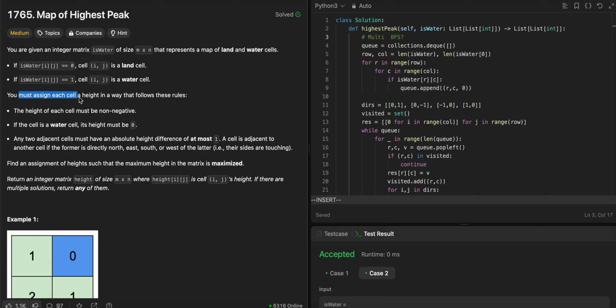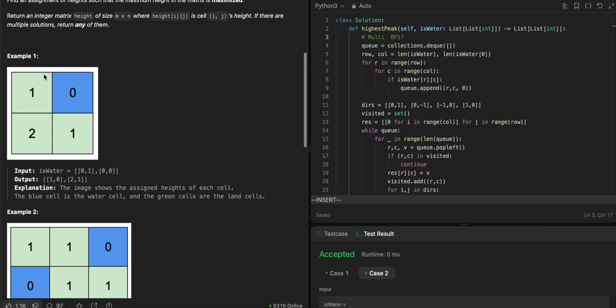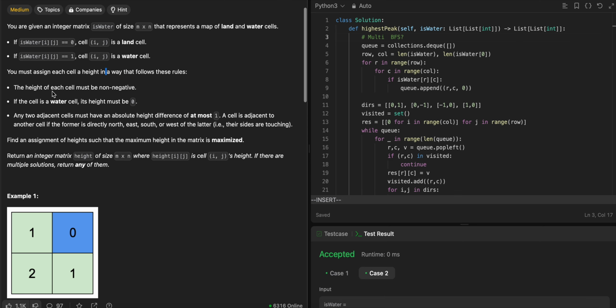It says you must assign each cell a height in a way that follows these rules. So basically the answer is going to be something like this right here, where this is the height of every cell. But what are the rules? The height must be non-negative, and for every water cell, the height must be 0, right? These are two rules